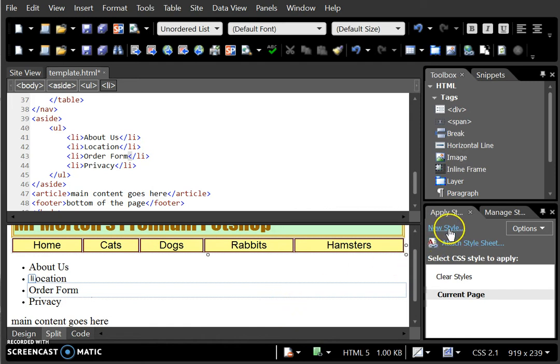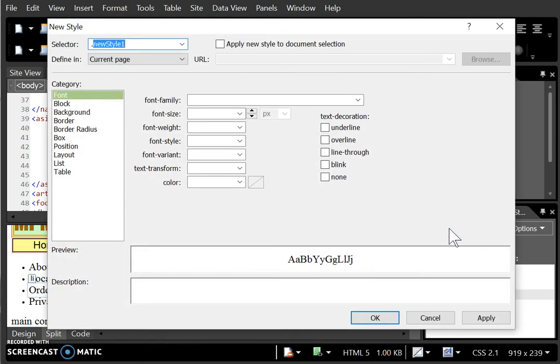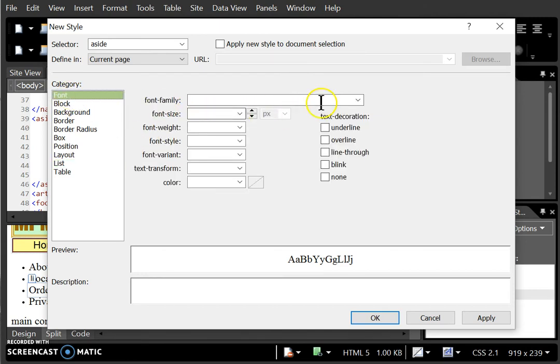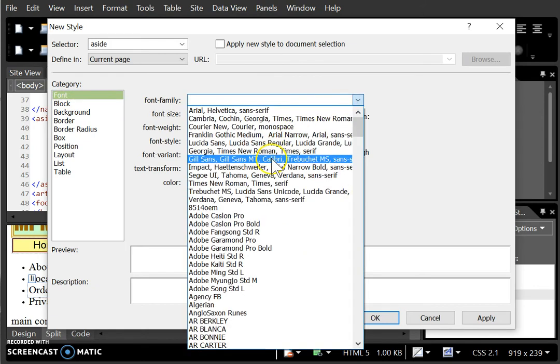So we're going to go to New Style. We're going to make sure that that is being applied not to New Style 1, but to the aside. And that is one of the options that comes up in our list. We could choose some specific issues about how things display. For example, our list could be styled with positioning and images. But for the moment, I'll keep things simple just by choosing a different font family,